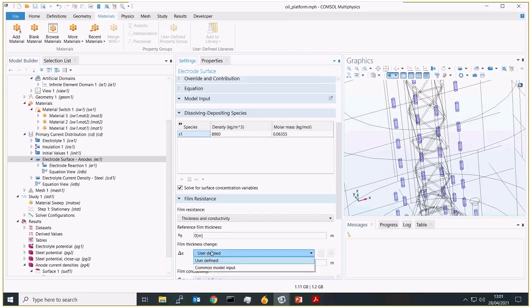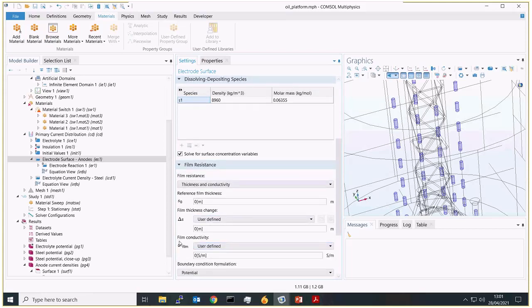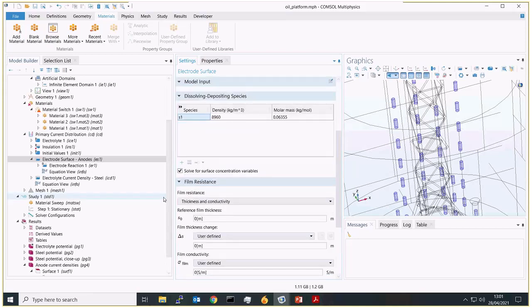Alternatively, we can have different electrode surfaces, as we did with the nail, each of them having different properties depending on where you're defining your coating.